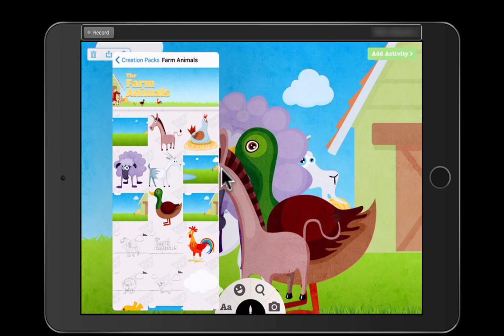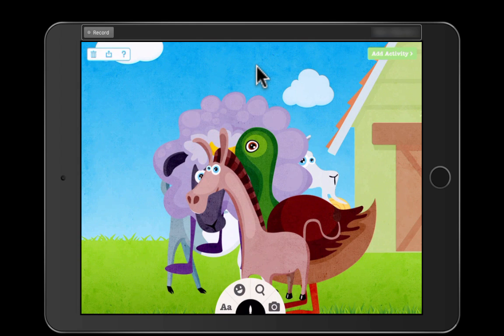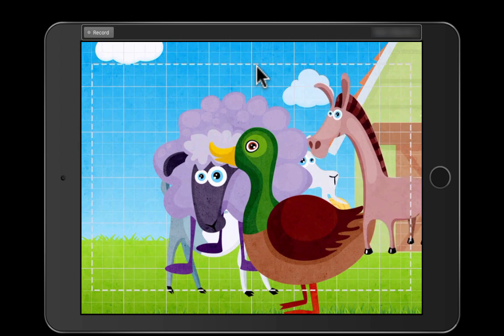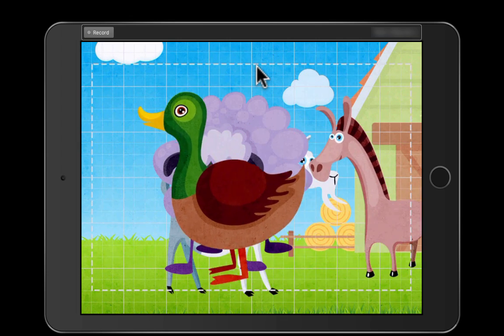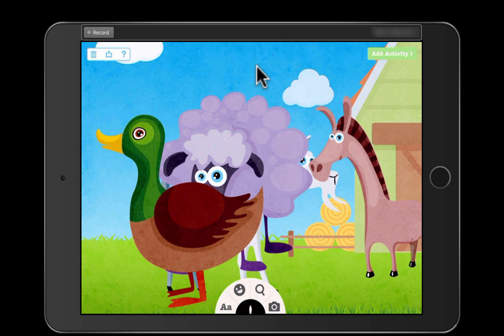To get rid of that creation pack so I can actually start arranging the items on level 1, all I have to do is tap away from this panel that opened up. I'll just tap right here, and it goes away. Now, all of these animals came in basically the same size and on top of each other. So I just tap on an animal and drag it. I can tap on the duck and drag it,